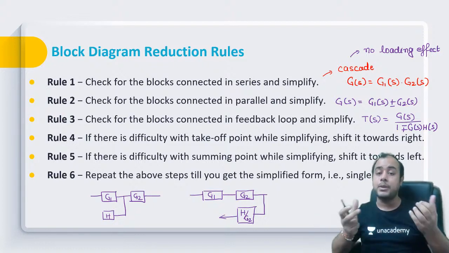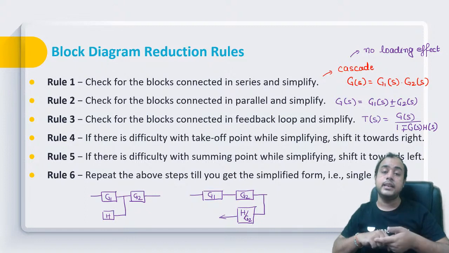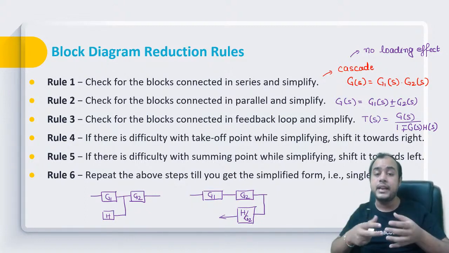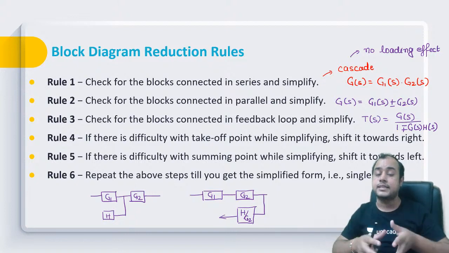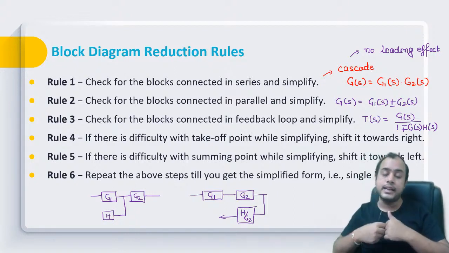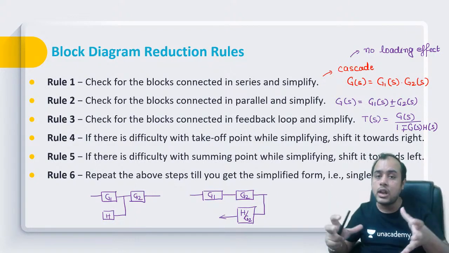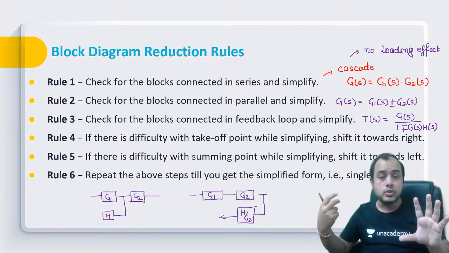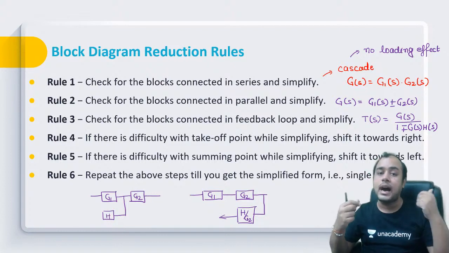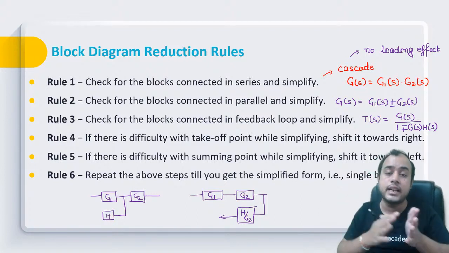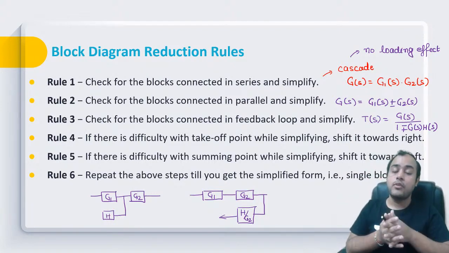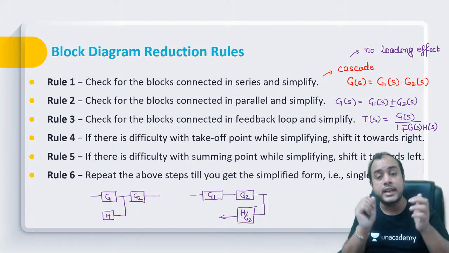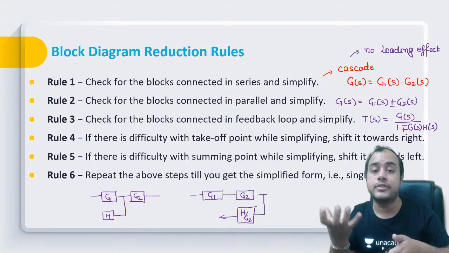Let me take an example of a car. A car has a steering, a car has wheels, a car has an accelerator, a brake. All these are the different systems that are inbuilt into a car. And when they are all connected together, a car is converted into a design from an idea. Now, when that happens, you need to realize the relation between the input and the output by means of these